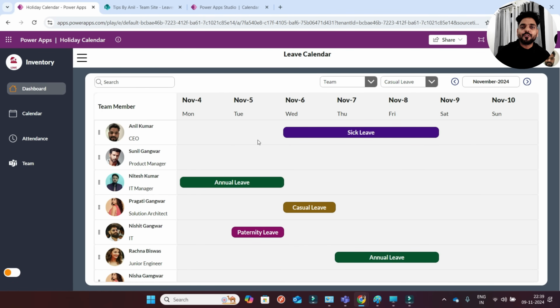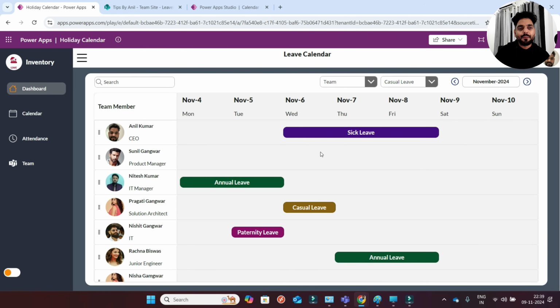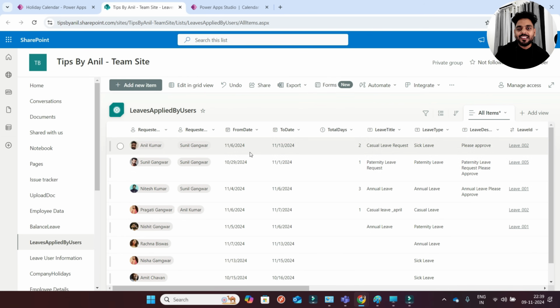In this video, we are going to learn the calendar control in Power Apps. If you see here, I'm going to block my weekly calendar, and I'm taking an example of a leave calendar. Here is my SharePoint list, and in the SharePoint list, I have a few columns like requested by,